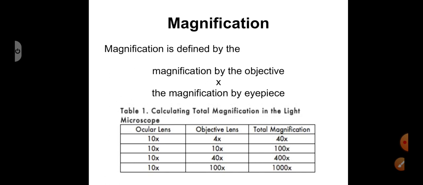The resolving power of the human eye is 200 micrometers, whereas that of the microscope is just 0.2 microns. Two objects which are placed at a distance of even 0.2 microns can be seen as distinct and separate, whereas for the human eye, the distance between two objects needs to be 200 microns to make out that they are